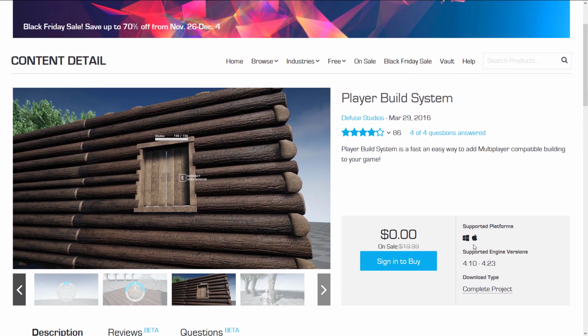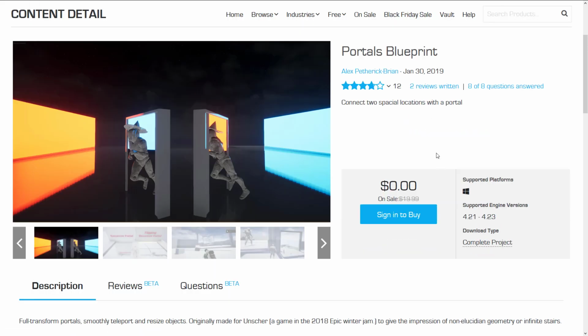Now, when this has blueprints, that is when these do sort of become relevant for what platforms it runs on. And still, in that case, it should run on just about everything. So if you want to add some building to your game, literally like building of buildings, the player build system may be of interest to you. It's a little confusing that they put the word player in there. It actually would make more sense as, I don't know, I guess build build system sounds a little screwy,